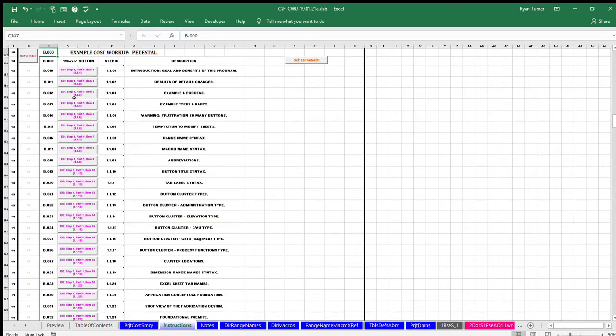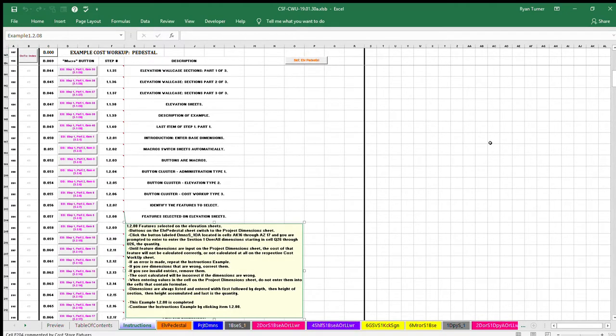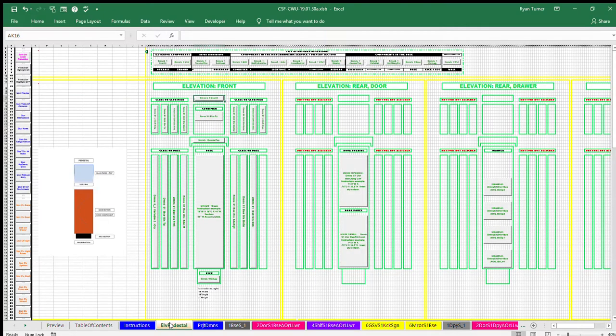The focus of step 1 of the 3 steps is on the principles of this process and how to enter dimensions on the single project dimensions sheet. Example item 1.2.08 Features selected on the elevation sheets. Buttons on the elevation pedestal sheet switch to the project dimensions sheet. Click the button labeled DMNS